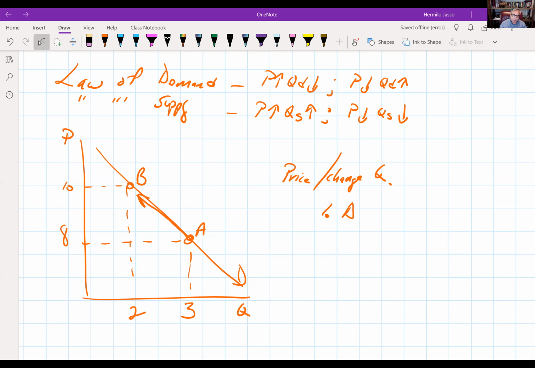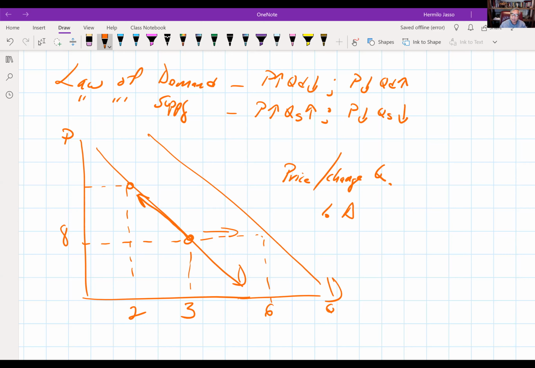So again, very simple. Let's assume this is you at a price of 8, you're buying 3 units and now your income goes up, you like this product, well, you're simply going to buy more units because now you can afford it. You don't care about the price because now you have higher income. So now you're probably going to buy, let's say, 6, just because your income goes up. If you lost your income, it would be the other way around. And if you expect the price of something to go up tomorrow, then you go ahead and buy the items today. So that's how demand looks.